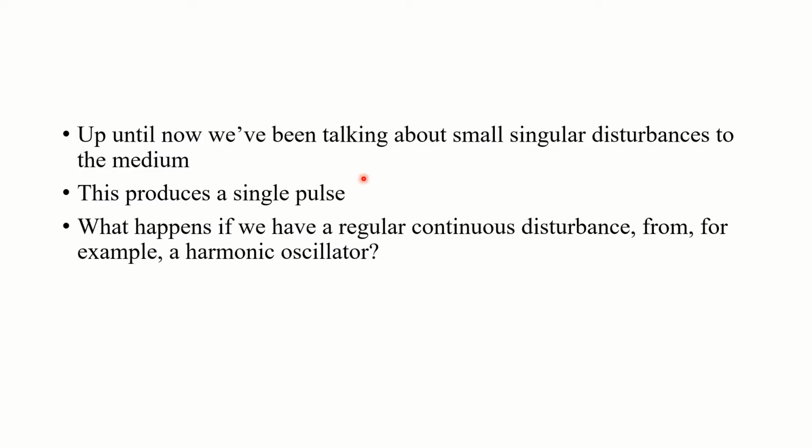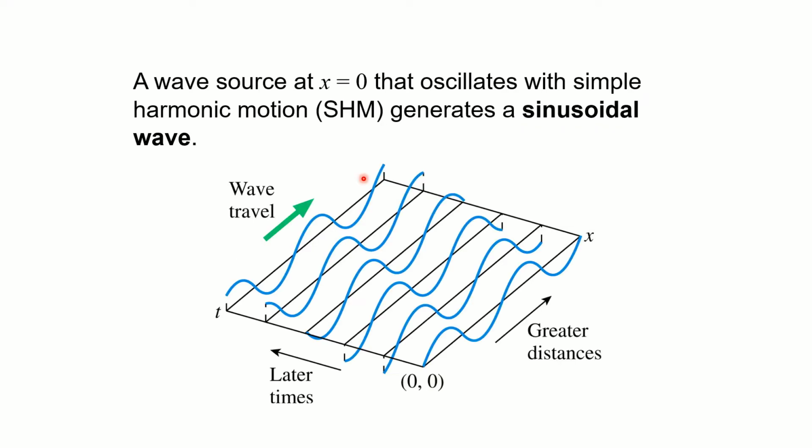So rather than dropping one stone into a pond, you just put your hand on the water and bounce it up and down slightly and continually disturb it. If we think about what that wave would look like, we would essentially get sinusoidal waves if we were disturbing that medium with a sinusoidal or harmonic oscillator type disturbance. You can imagine holding the end of a string and going up and down with your hand sinusoidally, with a simple harmonic oscillatory type motion.